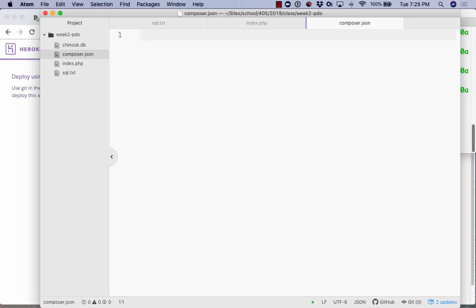We'll get into this more next week, but PHP has a package manager called Composer. And if you've done Node, it's kind of like NPM. So this is like a configuration file, so we can list out packages and stuff. But in order for Heroku to install the PHP SQLite extensions, because we're pushing up this Chinook database, which is a SQLite database, we need to add this key into this composer JSON. So we're going to say require,